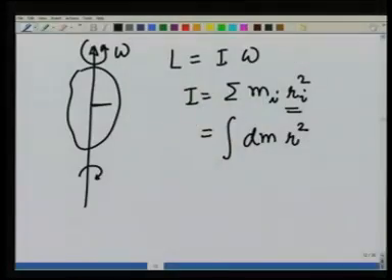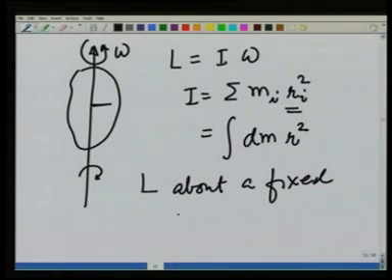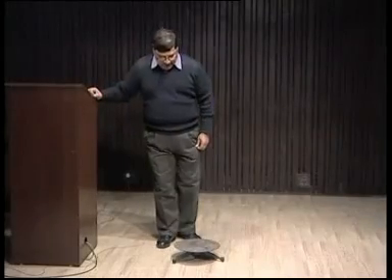So, with this I am now going to illustrate a few things regarding angular momentum, considering this definition of L about a fixed axis. Having discussed angular momentum, now I am going to illustrate how angular momentum really affects the motion, or rotational motion, in different situations. As a first example, I take this